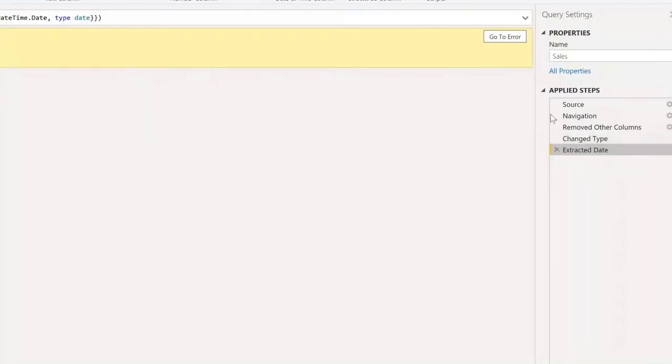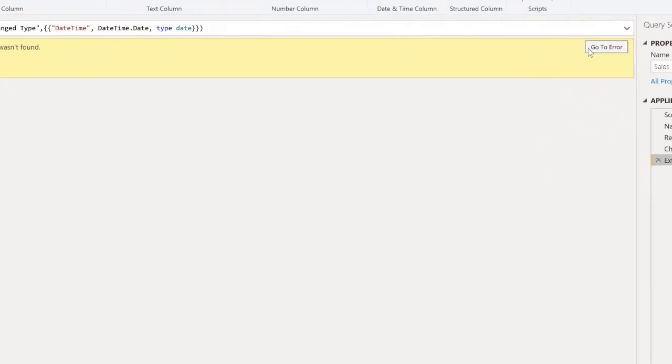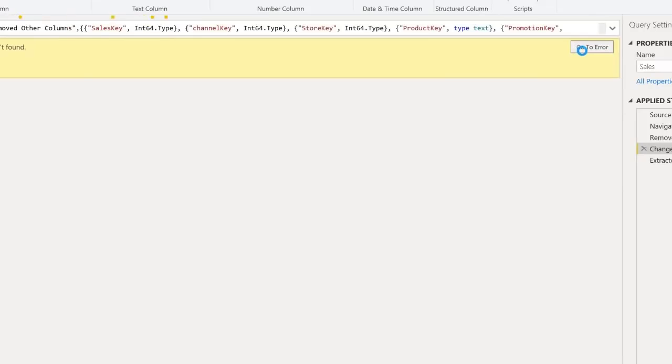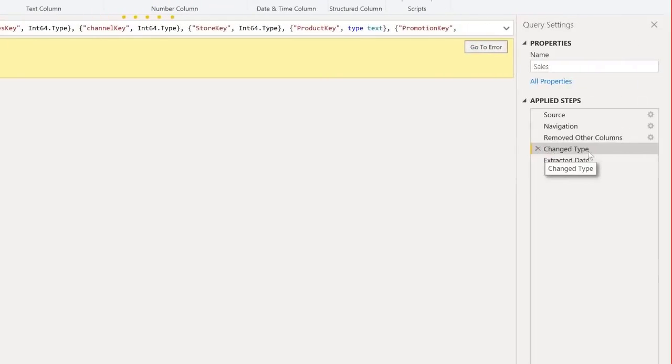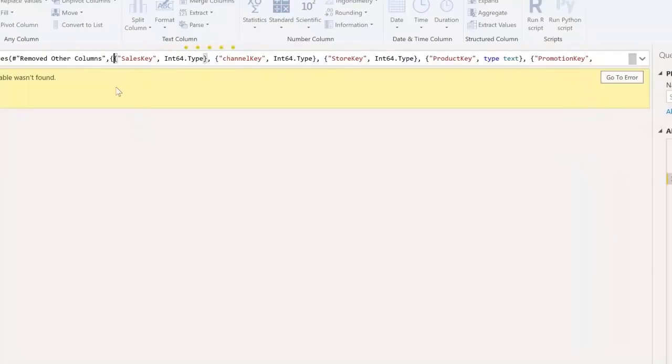And you can see in here that there's one little thing where, because sales key used to be part of the change type step, you can actually even say column sales key is not found, go to error. This is just a little FYI, this button here is super helpful. It's showing me that the change type step has an issue. So here's one spot where you can do a tiny bit of M code editing. Sales key is listed in here. So if I just simply get rid of that,